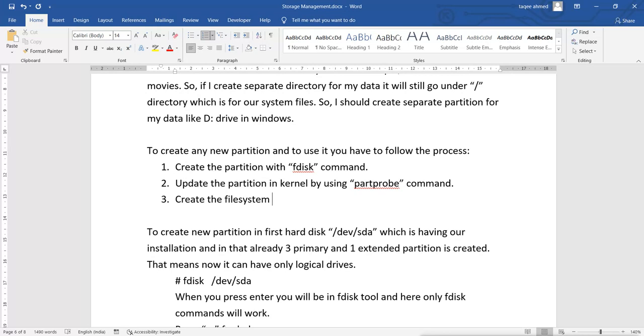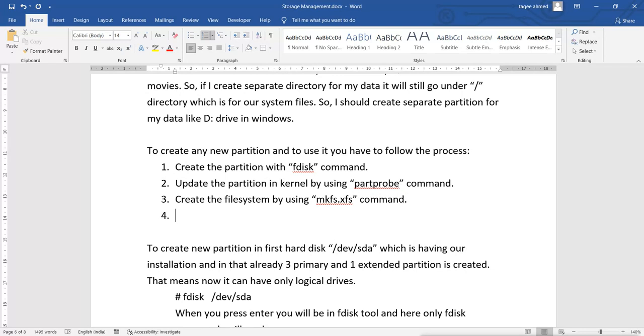So create the file system by using mkfs dot whatever the file system is, let's say xfs. Now after creating the file system, we can use it and mount it. Then mount the partition on a directory